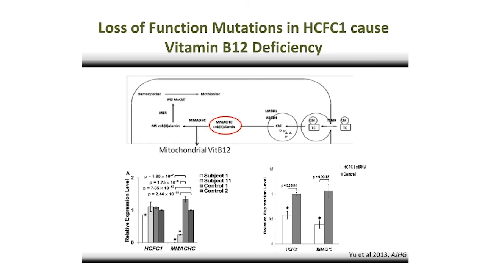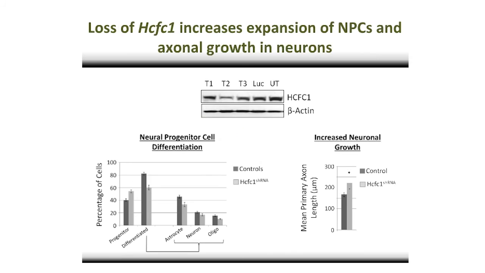So typically with this vitamin B12 deficiency, you have quite mild neurological features. But in these particular patients that had the cobalamin deficiency as a result of HCFC1 loss of function mutations, the neurological features were very severe, including intractable epilepsy that couldn't be treated, and very severe intellectual disability. Of course, now we were wondering, certainly it looks like loss of function mutations in HCFC1 can cause neurological problems. So we really wanted to go back to our original assays that we set up to have a look at HCFC1 function and ask what was the effect of knocking down HCFC1.